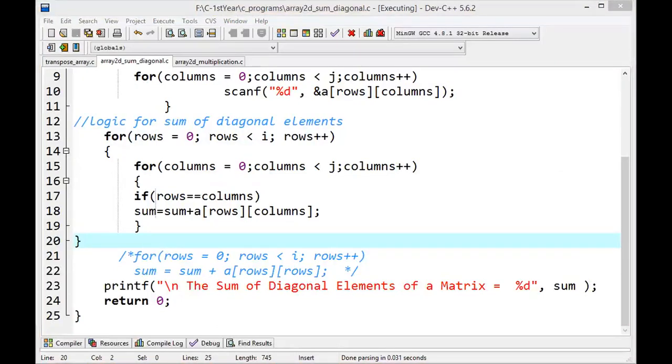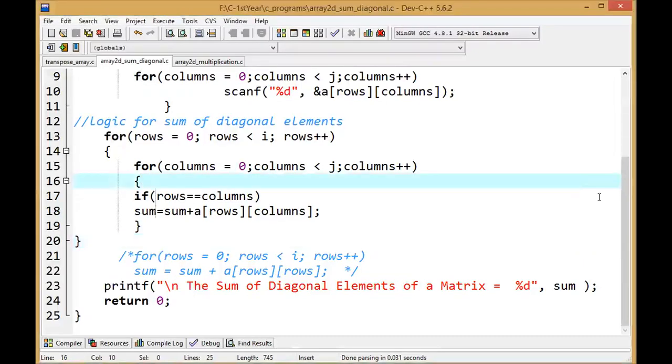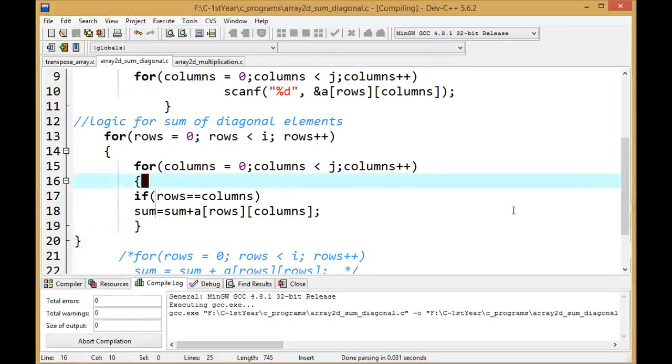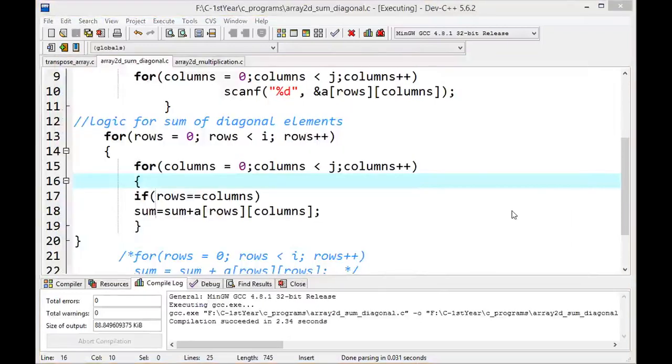So it is asking me to enter columns. Suppose I have entered 3, so it will ask me to enter all the values that I want to enter. So 1 2 3 4 5 6 7 8 9. Okay, in the correct way I have to write this first. I'm executing it again. I have entered 3 columns, and it is also asking for rows because scanf is running 2 times, even though it is not required. Then elements are now asked.